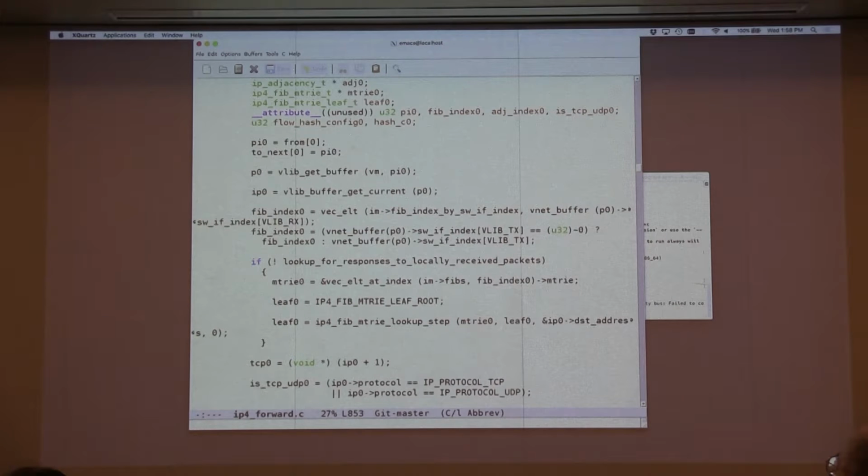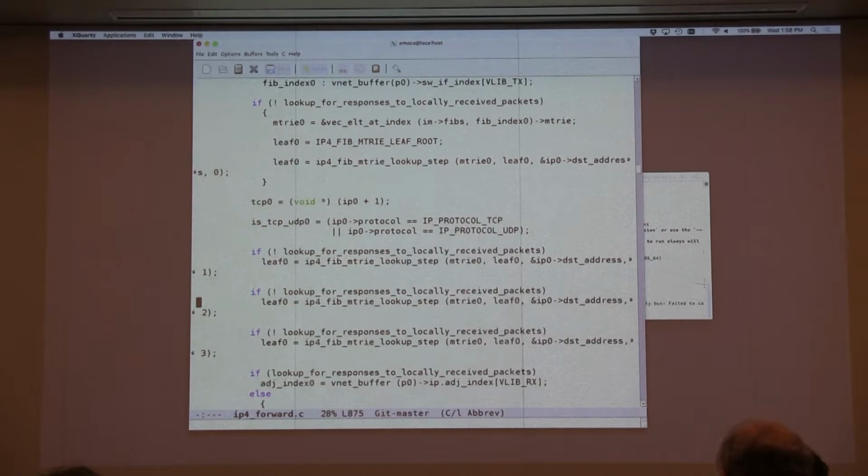Otherwise, you say, okay, somebody told me they want fib index 3, not fib ID 1, 2, 3, 4, 5, but fib index 3. So code that populates that slot has to be a little careful about it, because this code is just absolutely unsuspicious. It's the speed path. It can't be checking everything known to mankind. So it just goes ahead and believes you. And don't fret so much about that. What you're going to see is this